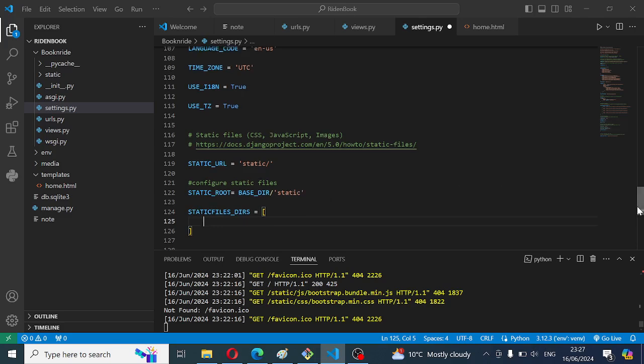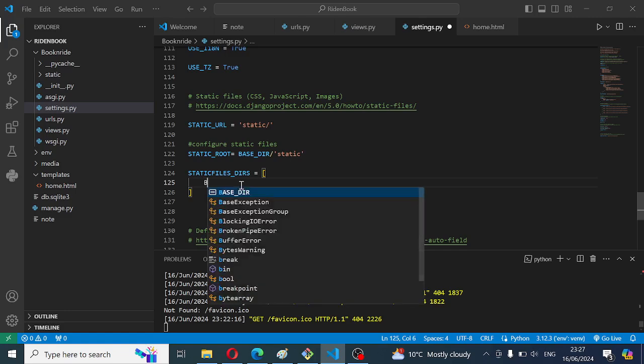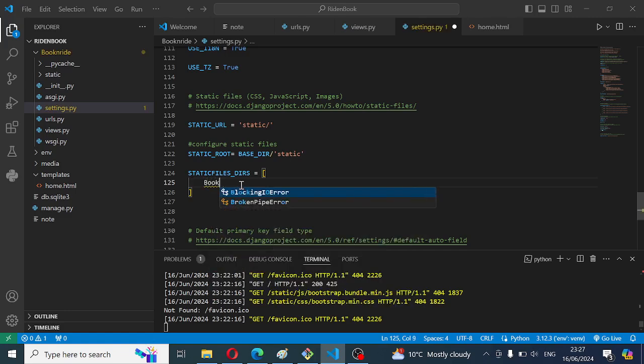So you open square brackets, and then you close the square bracket, you press enter. Inside it, you type the name of your project, book and ride, this one here. I'm just gonna use this one, book and ride,